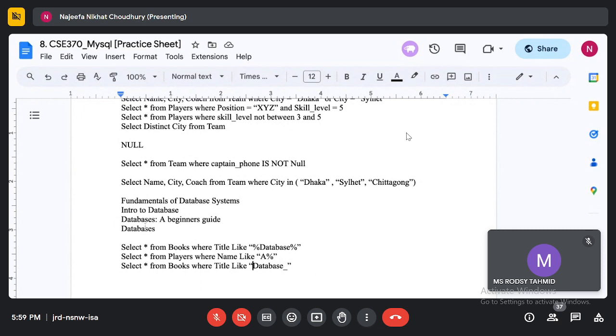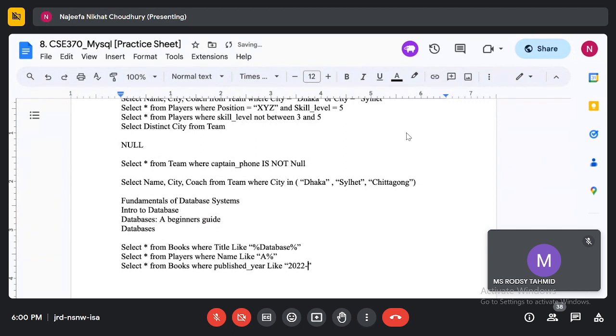In this example it's not very useful, but let's say I want to select from books WHERE published year matches a pattern. The month can be anything and the day can be anything, but the year is 2022.